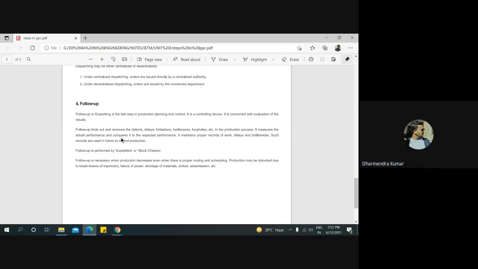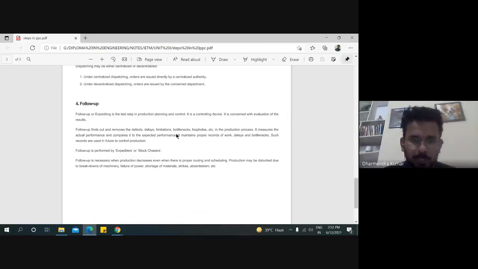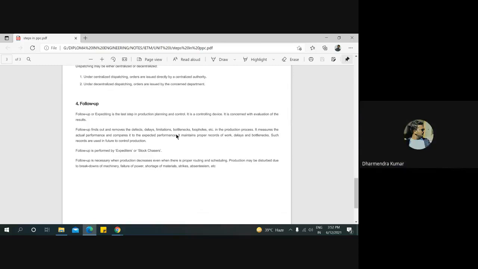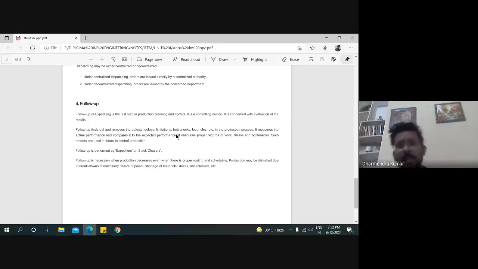It measures the actual performance and compares it to the expected performance. Because when we do processes like routing, scheduling, and dispatching, and after we have finished goods in hand, then on the basis of inspection we can say how much time is taken by any specific manufacturing process.